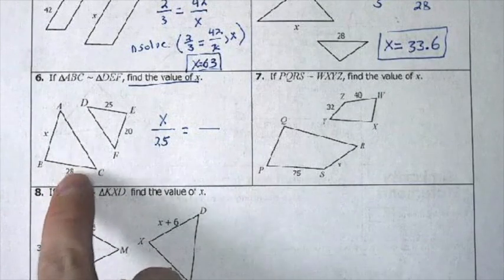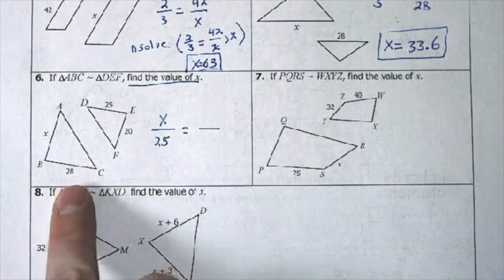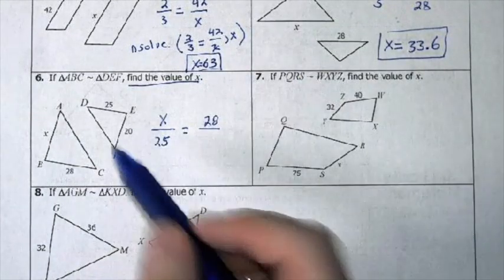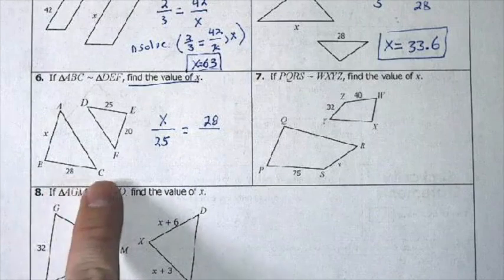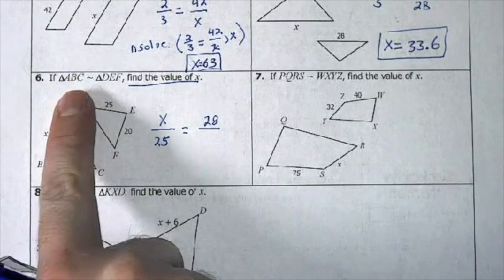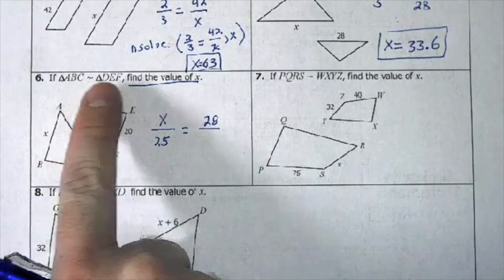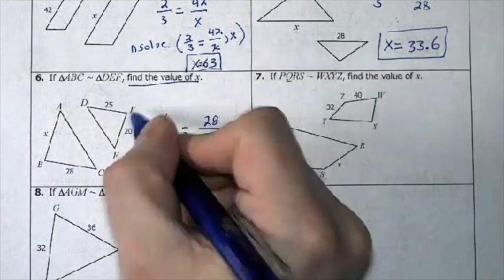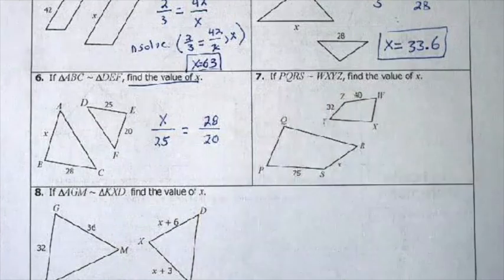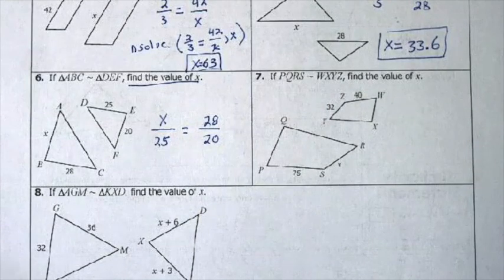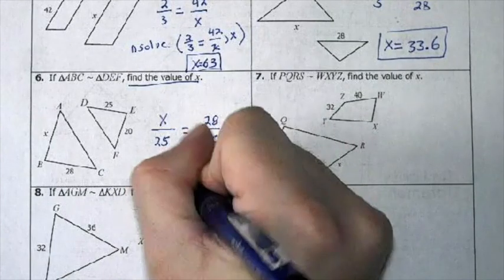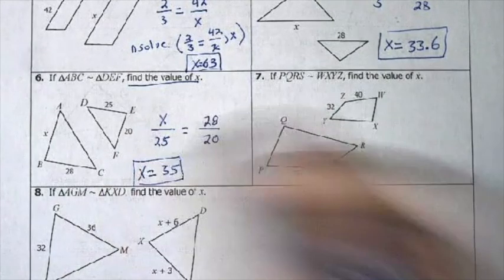Alright, so now I want to go back to the big triangle, and the only other side they give me here is 28. So I'm going to put 28 on top, and that is side BC. Looking at the statement, BC is the last 2 letters, which is going to match the last 2 letters here, which is EF, and EF is 20. So you're going to put that in nsolve, and the calculator is going to tell you that x is equal